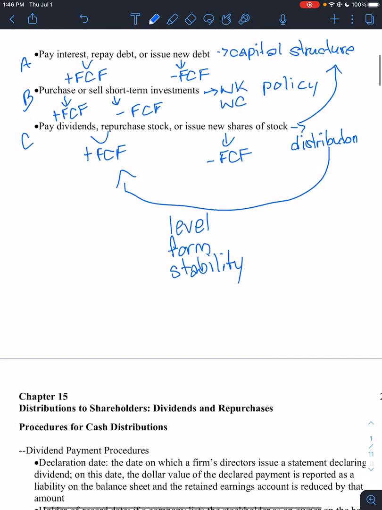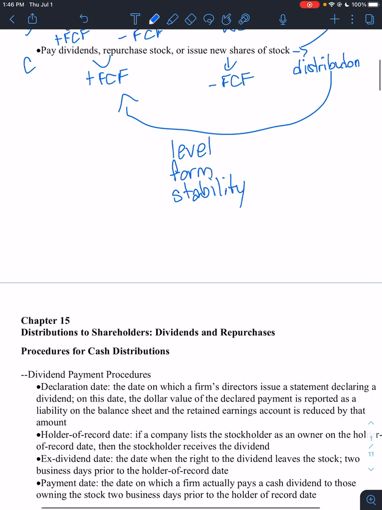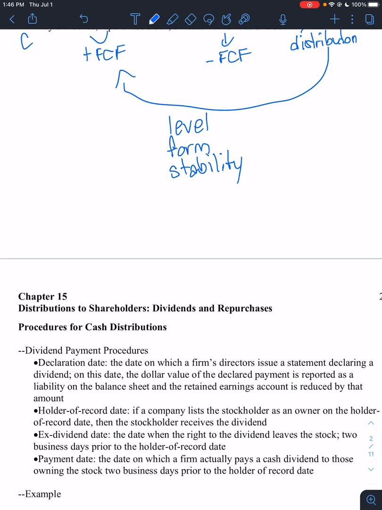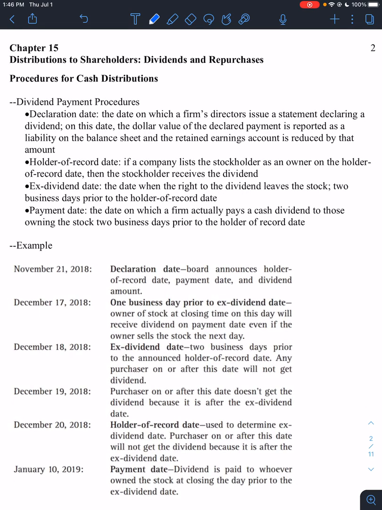We won't cover stock dividends, actual stock dividends, not cash dividends. We won't cover stock dividends or stock splits in this chapter just because we're not going to have time. And you should have heard about that already at some point in your life. So that is where we're going. Hopefully we can get through it a little bit quicker than chapter 16, which was long. So yeah, we're getting there though. This should be a little bit more straightforward than chapter 16, I think.